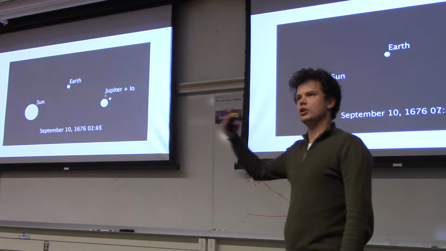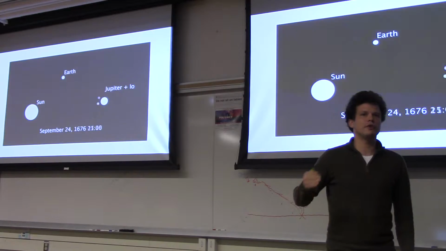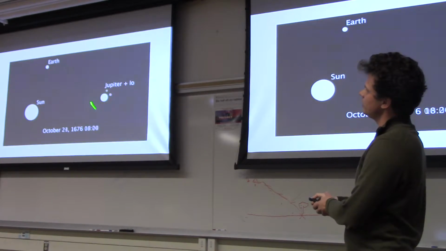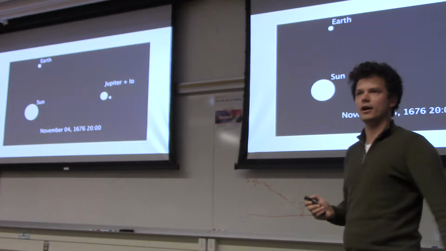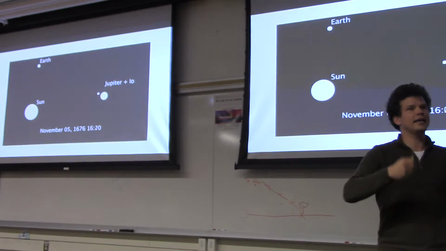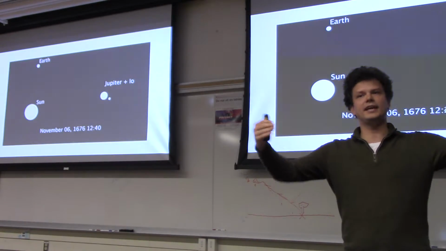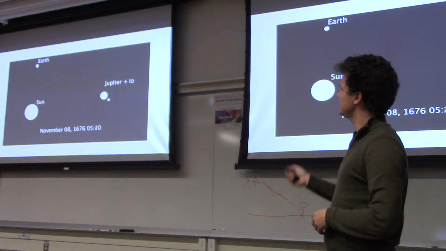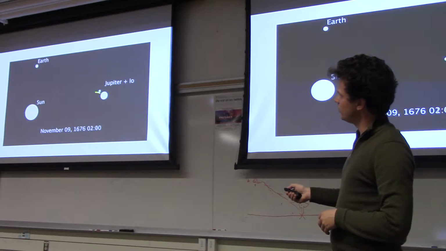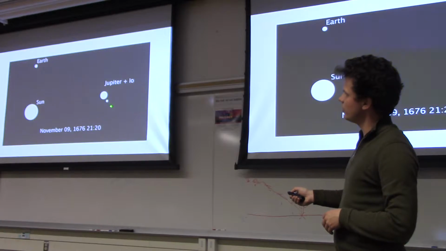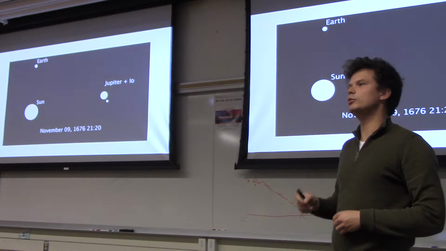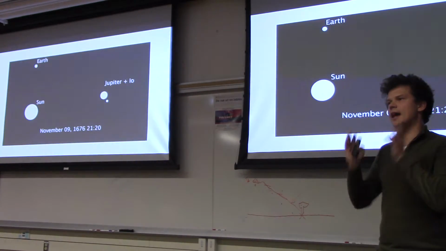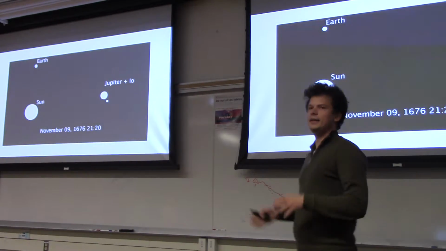If you wait for such a long time, the Earth also travels around the Sun. And this means that now the distance between the moon Io and the Earth is much longer. And that means that if light moves at a finite speed, it will take a little bit longer. And indeed, that's what Ole Römer saw. He saw that now the moon Io would hide in the shadow 20 minutes later than he would have expected. And from this time he could say, yes, light travels at a finite speed,